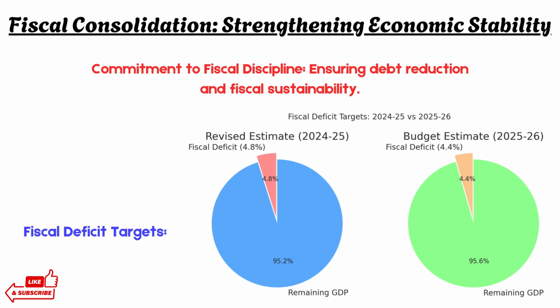कम borrow करेगा, तो fiscal sustainability ज़्यादा होगी. It means the government is focusing on managing its spending while still funding development programs. दोस्तों, ये छोटा difference बहुत बड़ा signal है. India is aiming for fiscal discipline, debt reduction, and long-term stability. The message is clear. Spend wisely, grow sustainably.